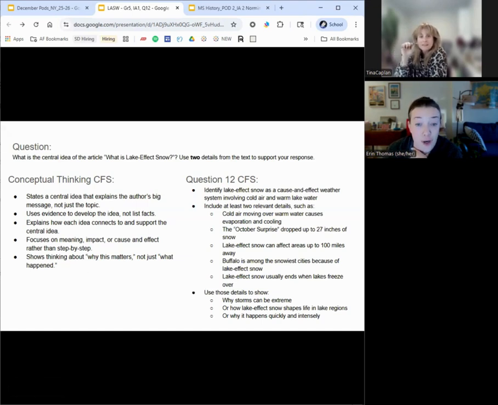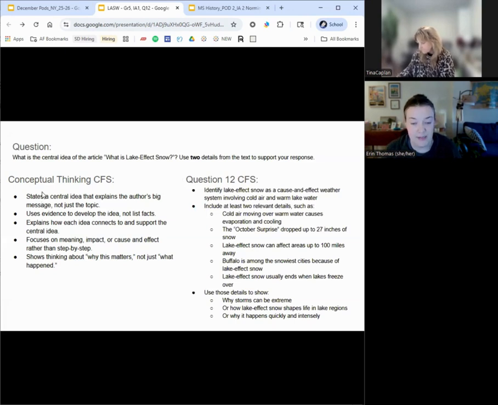Before we start looking at that kid work, though, let's think about what do we want this not to look or sound like? Like what will help us figure out if kids are off the mark here? What would we see? So it shouldn't just be about the steps to weather storms or just facts about them. It needs to be the bigger idea, the why the author wants us to know about this. Absolutely. That's the central idea piece, right? That's what's different to it being a recall or a summary. Fabulous.